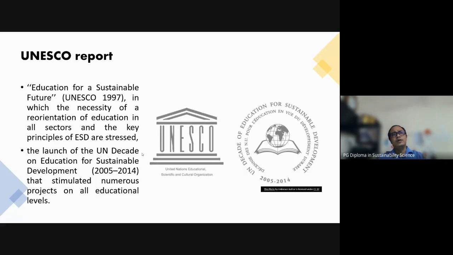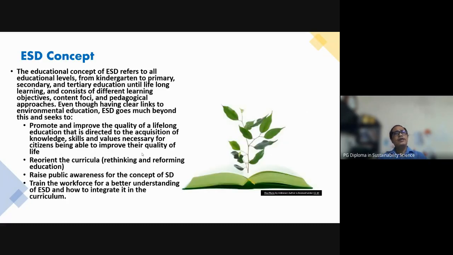The second step is to have a mass awareness about education for sustainable development, right? Then when we talk about education for sustainable development, how do we do it? What is exactly the concept? That is very important. When we talk about education for sustainable development, the concept is about all educational levels. Maybe it starts from kindergarten to primary education, secondary education, because that child, if you know,